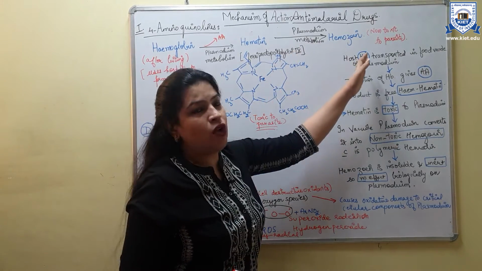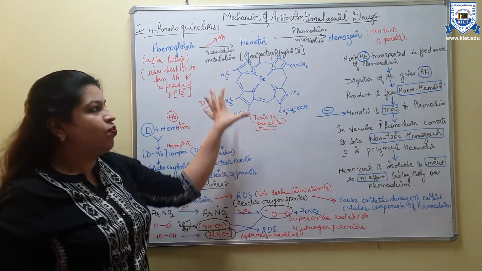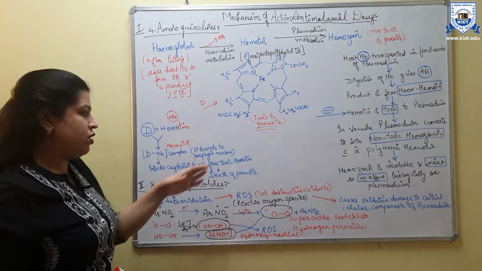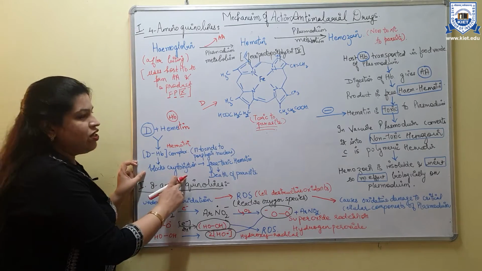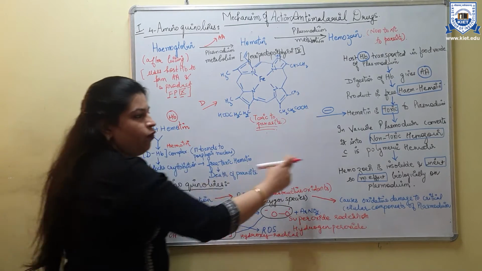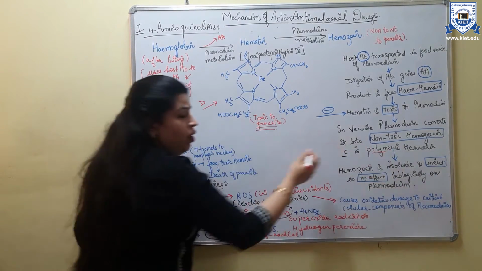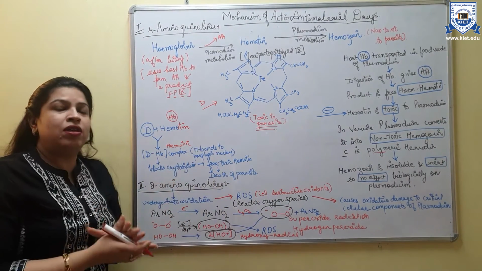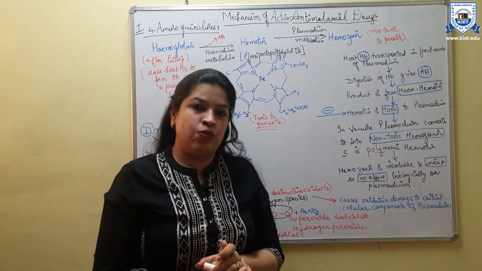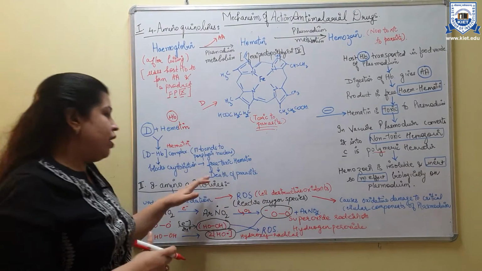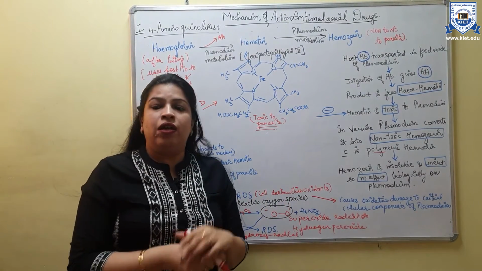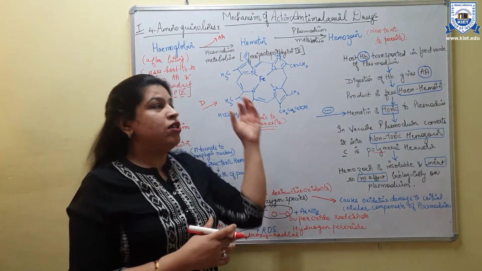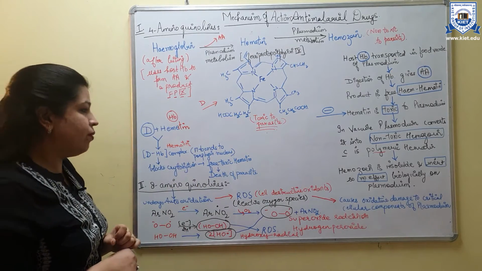It is not able to convert this into hemozoin, which is non-toxic, as it is blocked here, and this blocks the crystallization into the polymeric form. This polymeric form would be non-toxic to it, so it stops here and inhibits the growth of the plasmodium parasite, and there is death of the parasite. This is the main mechanism which occurs when we are taking a drug, that is the 4-aminoquinolines.